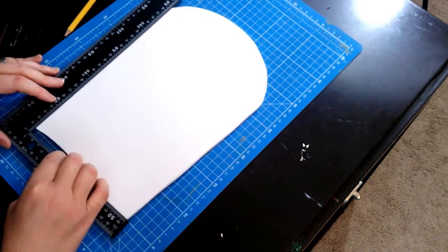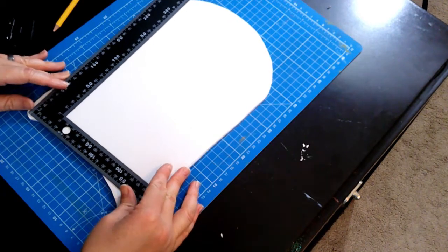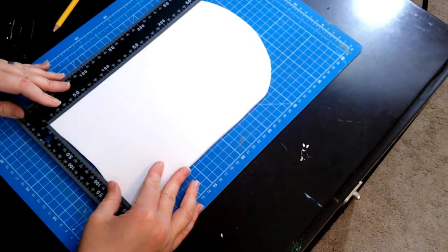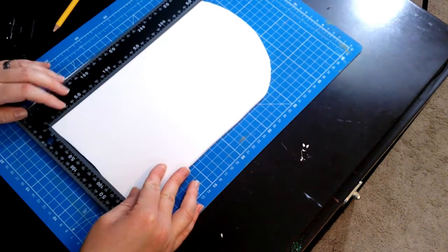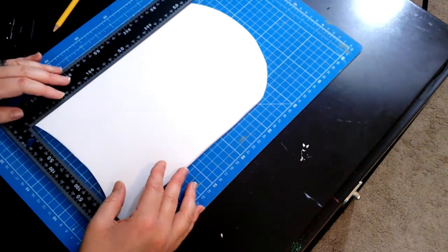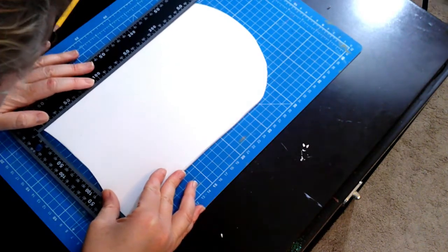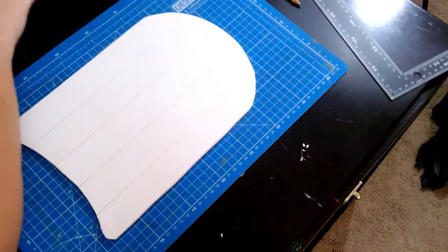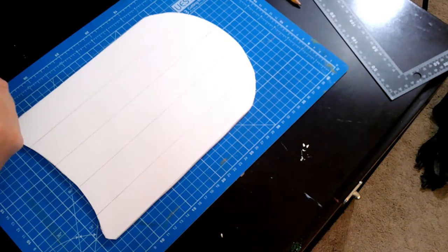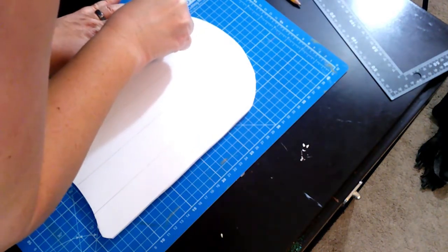And it's a process. I tell you what, guys, I am just not the person to make great straight lines at all. So just to warn you, I'm not very good at it. But I think that this little L-shaped ruler really helps out. It is also from Dollar Tree. If you see it, pick it up. I end up doing it off camera because I felt the pressure, guys. I felt the pressure. So I drew on my lines, and now I'm just going to go in and cut